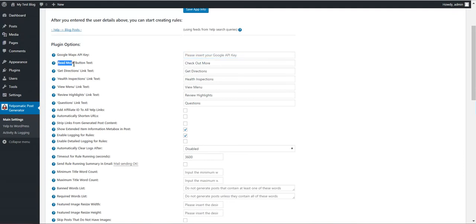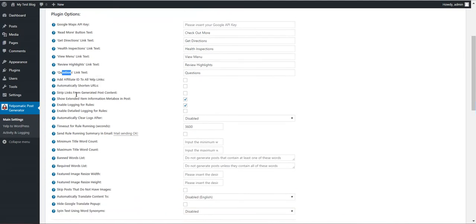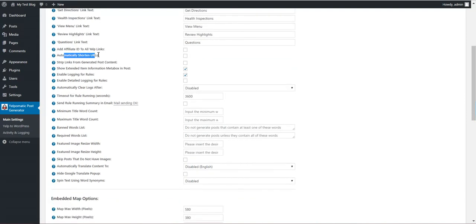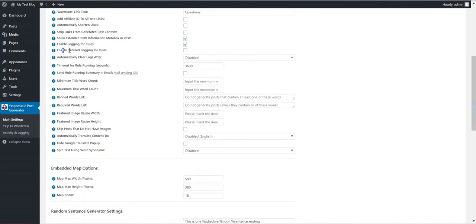You can customize the read more button, the get directions, health inspections, view menu, review highlights, questions. These are all Yelp links. And you can customize the text that appears for these buttons. You can automatically shorten URLs, strip links from generated post content, show extended item information, enable logging, enable detailed logging, automatically clear logs,